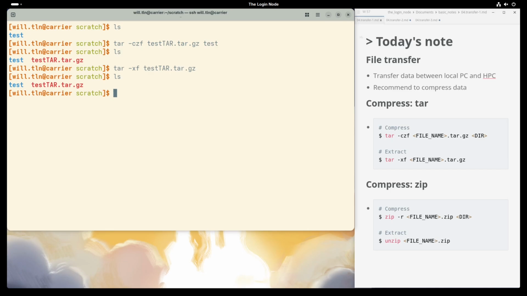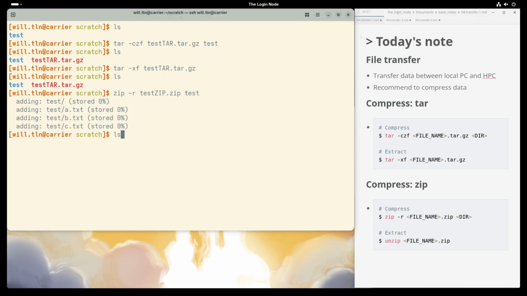What if you say, hey, I prefer zip? Sure, zip is a much more familiar format in Windows. To pack, you can use zip -r, file name .zip, and directory name. So we have this zip file.